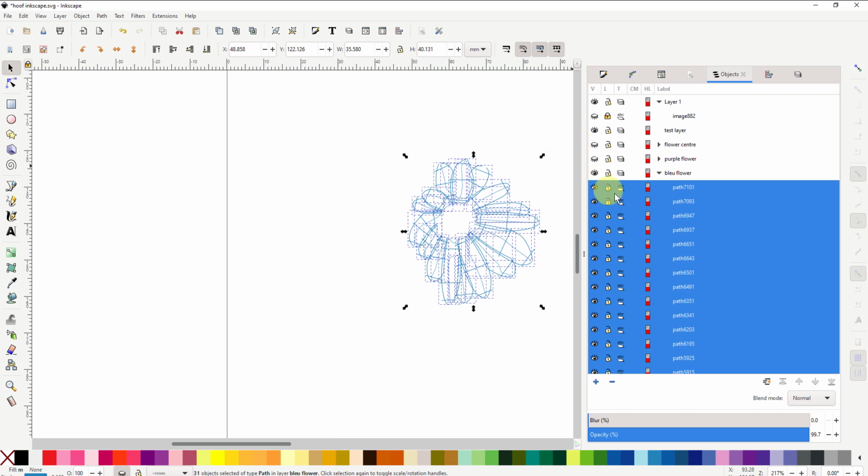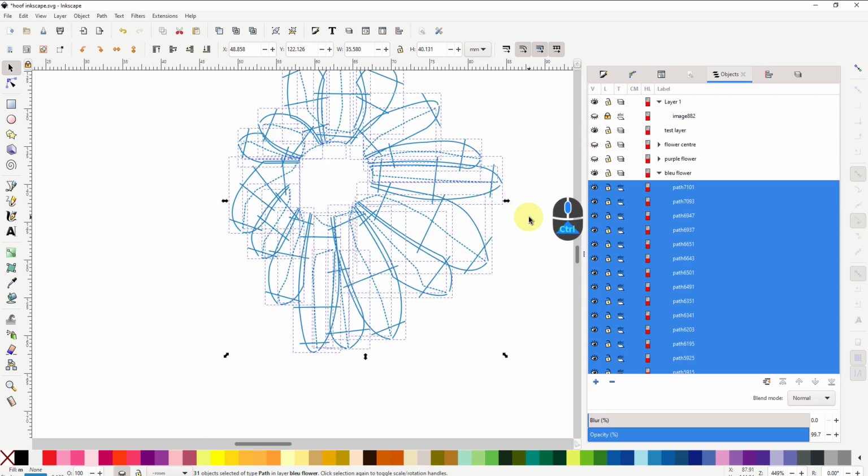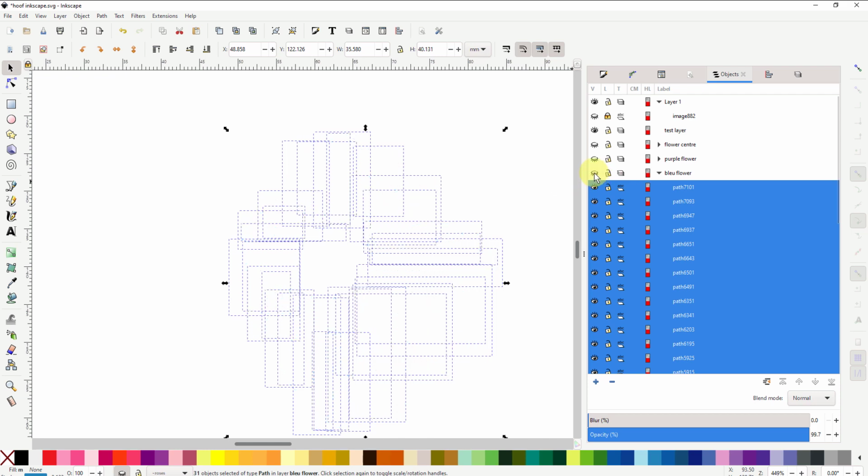So like I say, if you had all these pieces in one layer, it would become really unorganized for you, unless you really group it and then give your group a name. But I find it easier to put them in a layer,